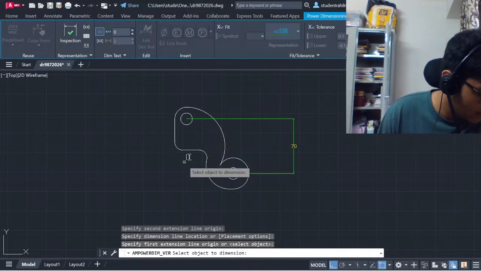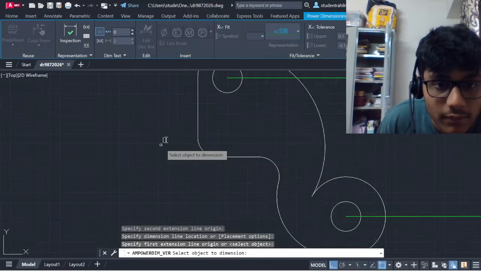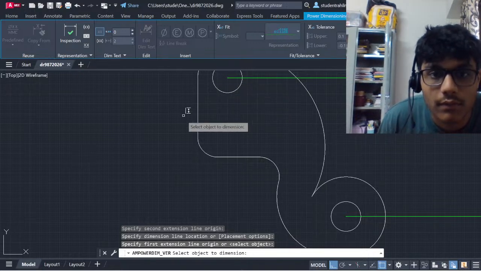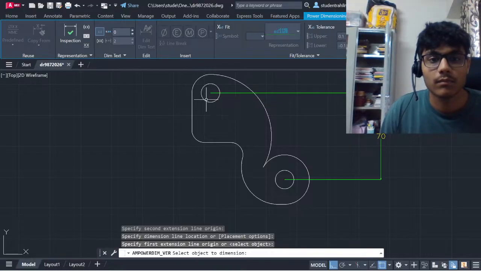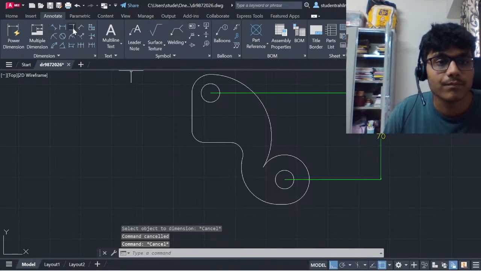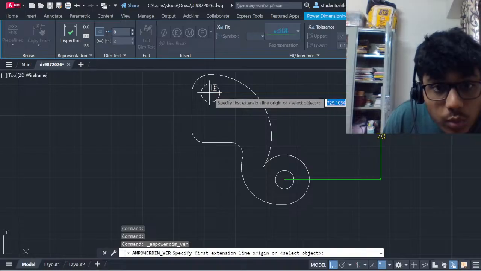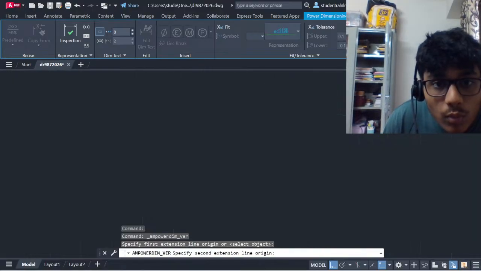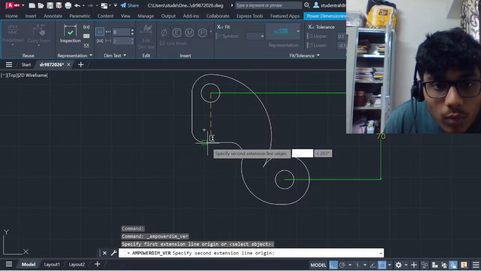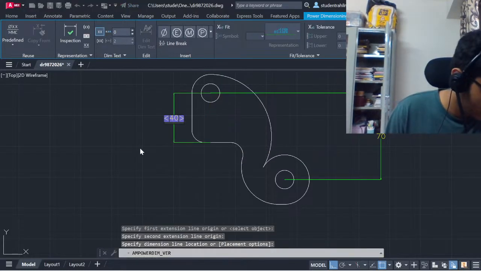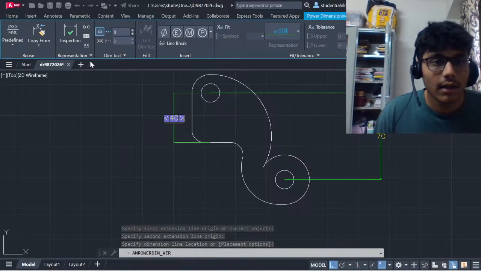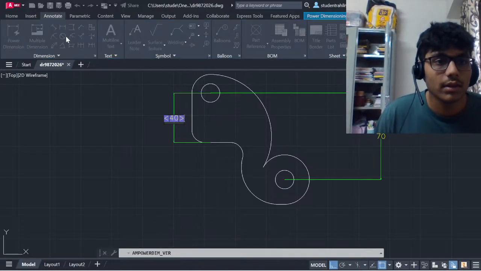Now, the horizontal distance which we have to specify is this. And now we have to annotate